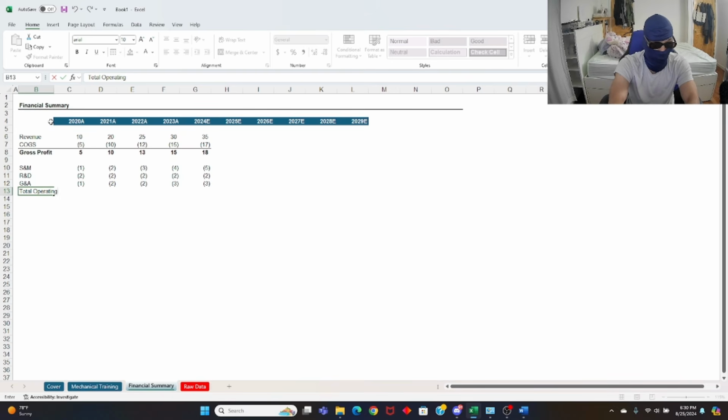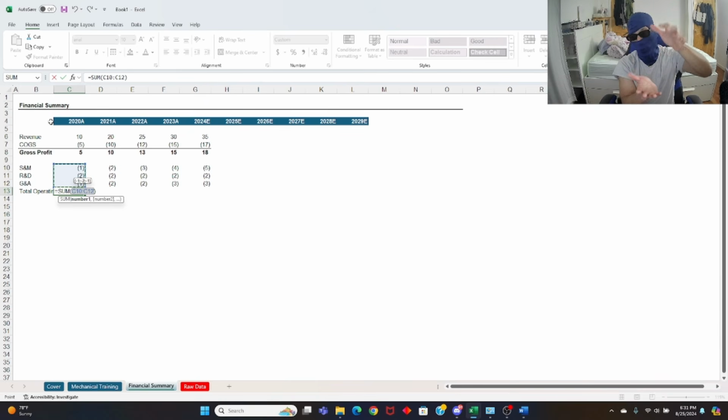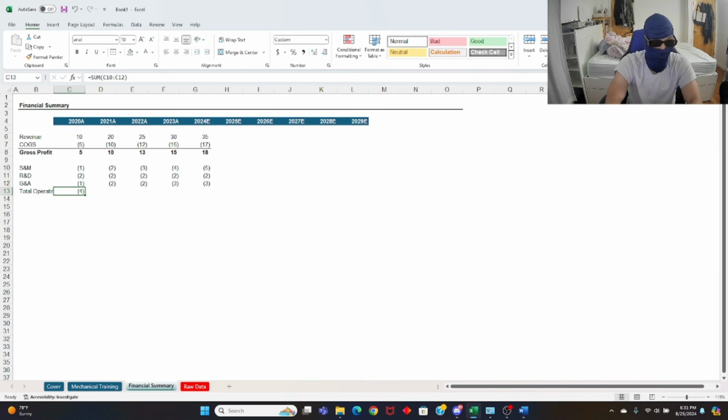Total operating expenses. And now you have three numbers, right? You could do 1 plus 2 plus 1, or you could do a summation. Sum, go up, hold Shift, and go up so it captures all of it. Close parentheses, enter. Or there's a faster way to do this, which I don't usually do, but you hold Alt and you click plus. When you hold Alt and click plus, it sums up everything above in the column, where there are values within a particular spacing, right? So it'll sum up rows 12 through 10, but it won't sum up 8 because there's a column cutting it off. Enter.